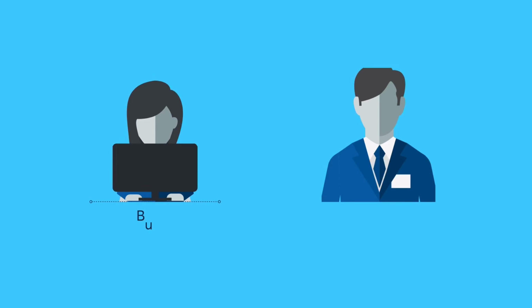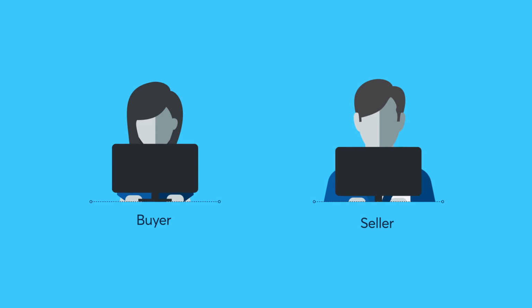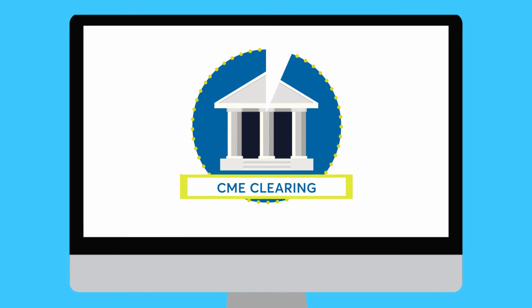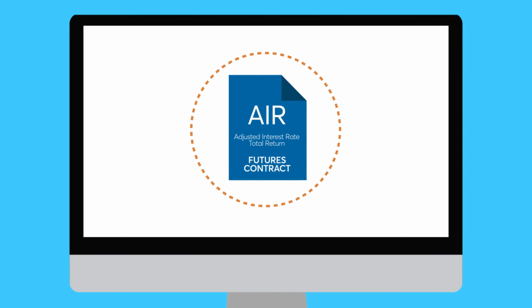For example, when a buyer and seller of an AIR Total Return Futures contract agree to a BTIC price of 20, that equates to a TRF spread of 20 basis points. That is the traded price of the BTIC transaction. Once the TRF spread is consummated via the BTIC transaction, it will be converted into an AIR TRF futures price by the exchange at the end of the day, once the index close price is established. The resultant cleared price of the AIR TRF contract is computational and occurs on a trade-by-trade basis.